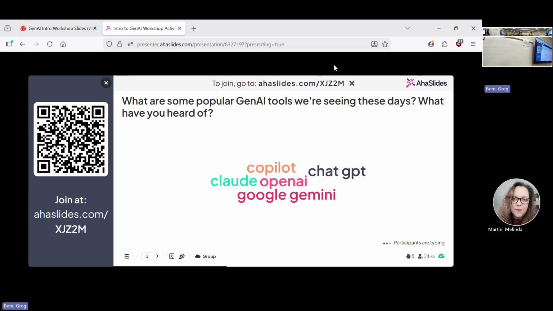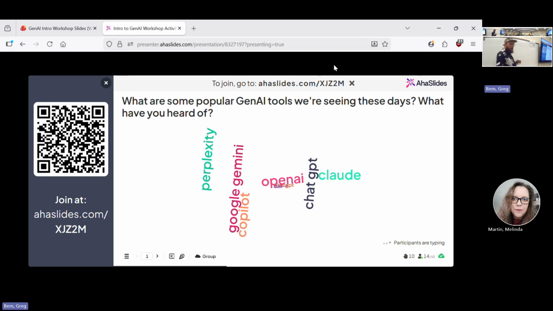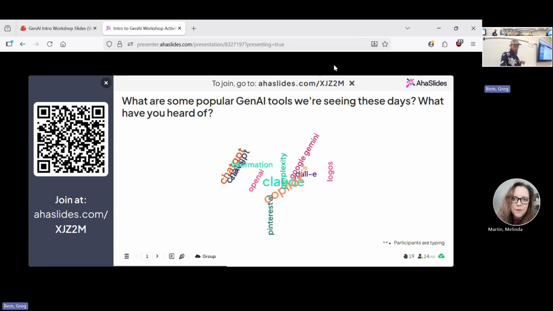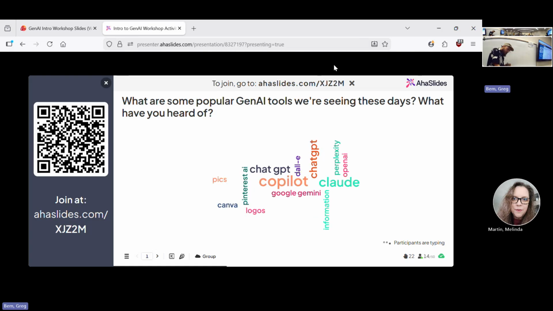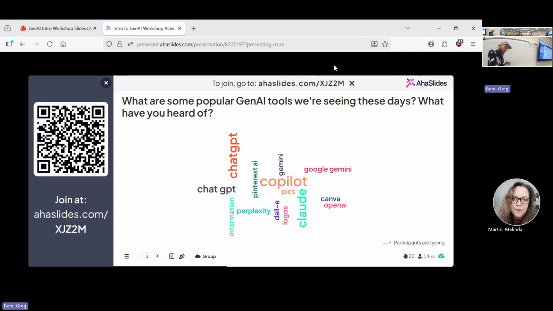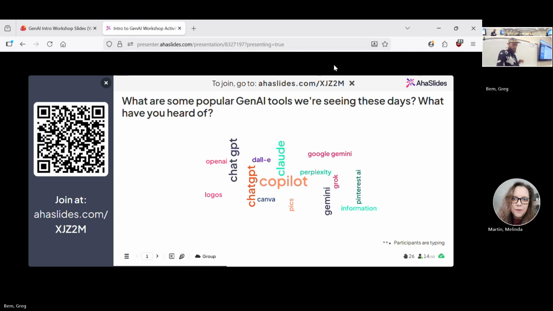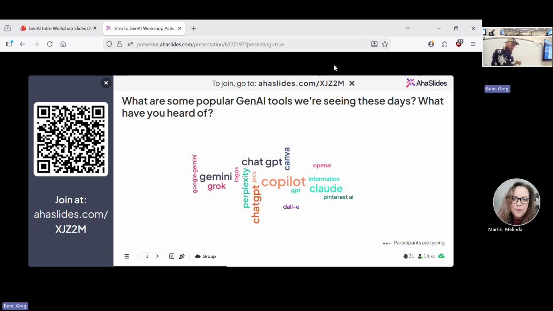We've got Copilot, ChatGPT, Claude, Google Gemini. Oh, wow. Okay. Logos, pics, interesting. DALL-E. It's moving so fast. Grok, Canva. Pinterest AI. Interesting. I didn't know they had one. That's cool. Perplexity. Nice. So, cool.